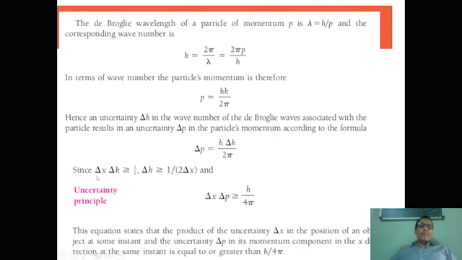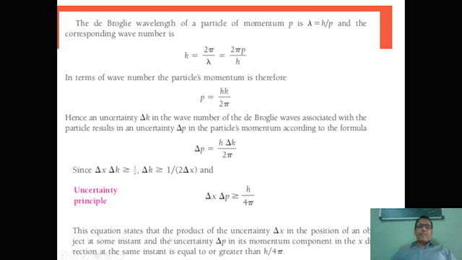So there is one relation, since delta x multiplied by delta k is greater than or equivalent to 1/2. There is one simple calculation related to the Gaussian function and Fourier analysis. We have this result: delta x multiplied by delta k is greater than or equivalent to 1/2. So delta k is greater than or equivalent to 1/(2 delta x), and by putting this value here, one will have delta x multiplied by delta p greater than or equivalent to h upon 4 pi.